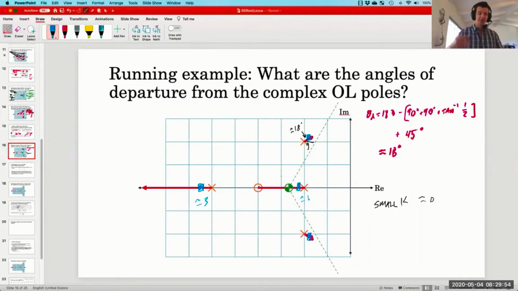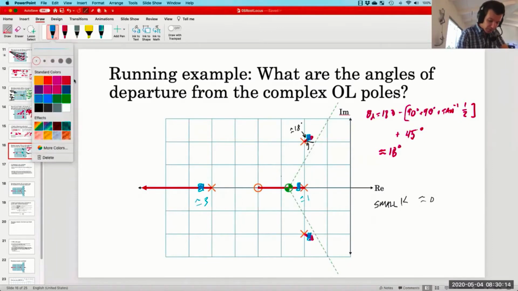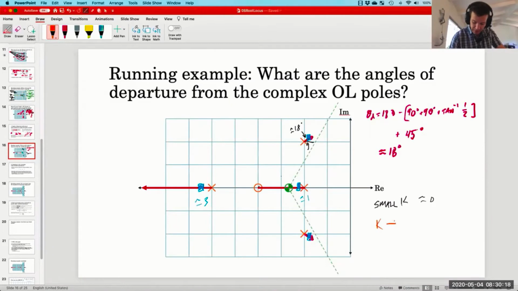So, okay, one of the things that I want you to start to see from these root locus diagrams is that they're not just pretty pictures, they're actually ways to tie together pretty much everything we've learned so far. So for small k, we've got 4 stable closed loop poles. None of them really dominate anyone else, and so this is going to be pretty hard to analyze. Now what happens if we make k larger? As k gets very, very big,